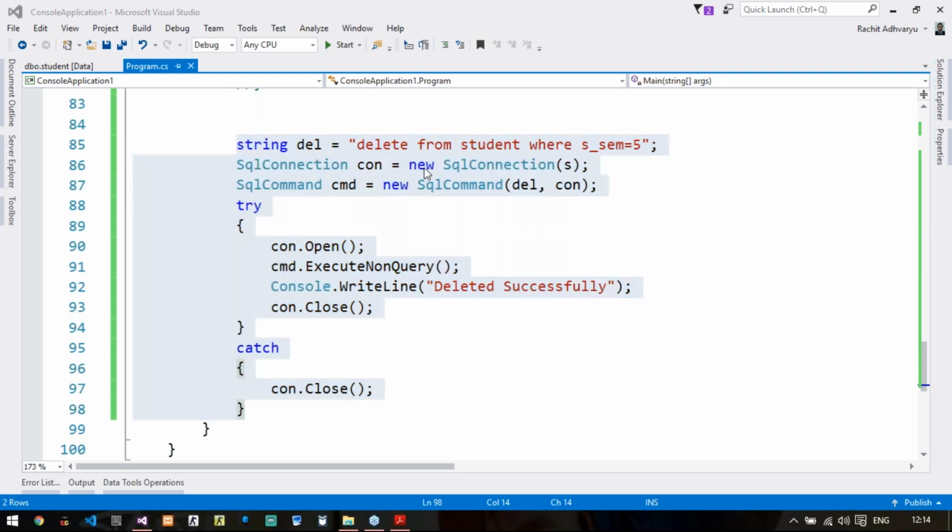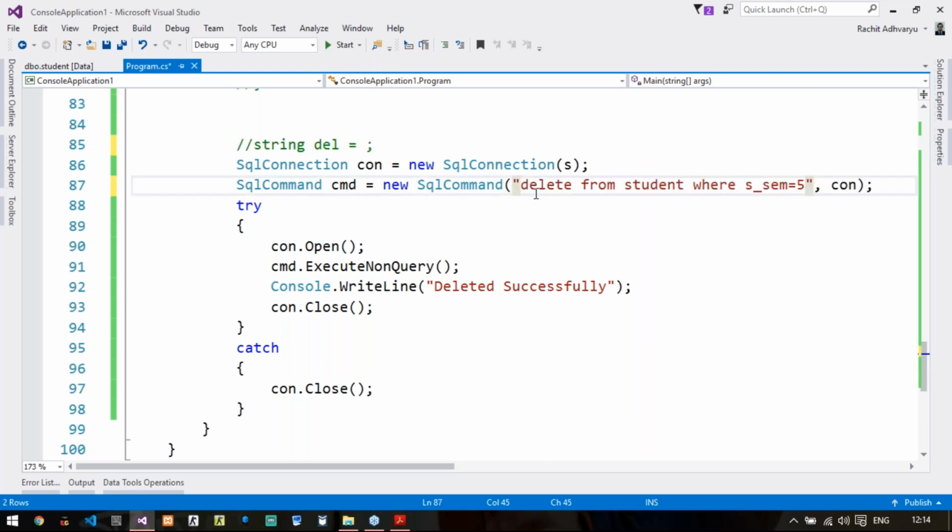So what I was saying is, instead of defining this variable, I will just pass the complete query here. There is no issue. You can do this thing also. But this is a better way to deal with your code. So I will use this method.